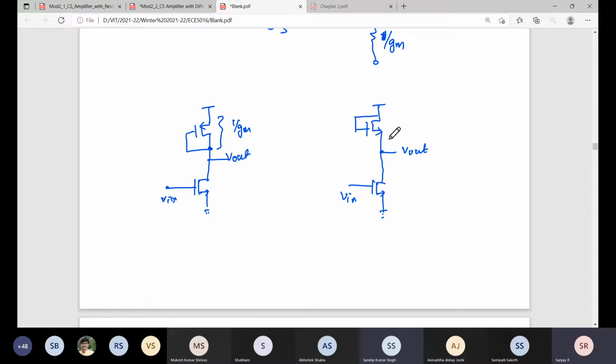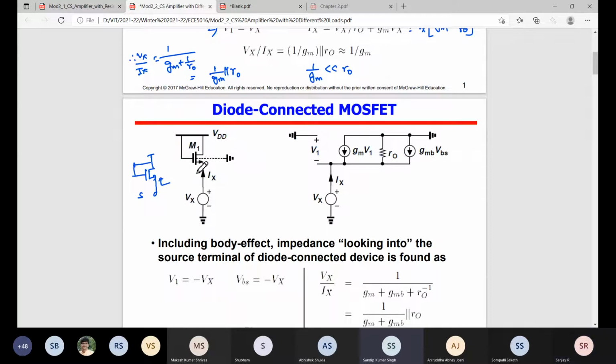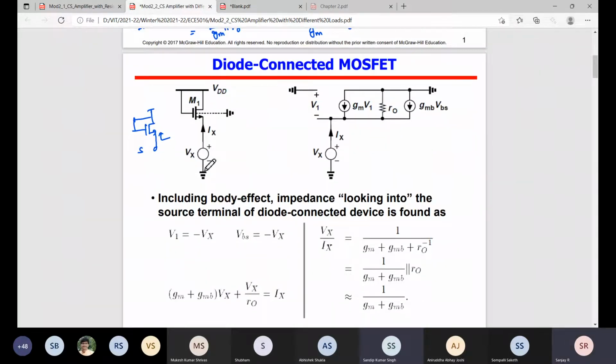Now you can see, looking from here, I'm not seeing the drain like in PMOS. I'm looking into the source of the NMOS, so this impedance we need to find. That's a different load structure. What may be the small signal impedance? Is it understandable, what I'm saying? Any doubts, you can ask me. No issues. Fine. So now we'll take this, and let's take NMOS input here.